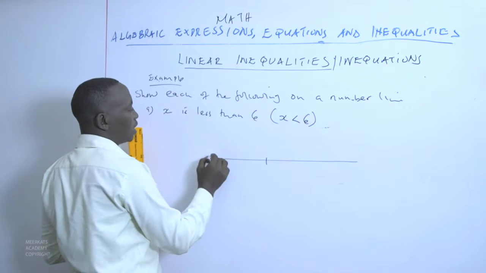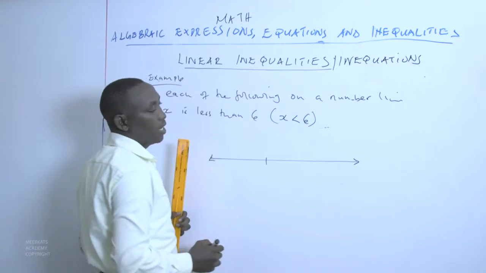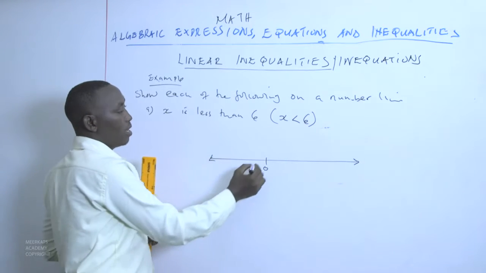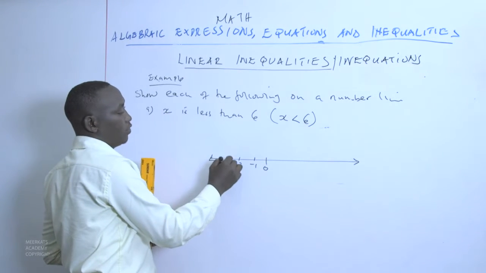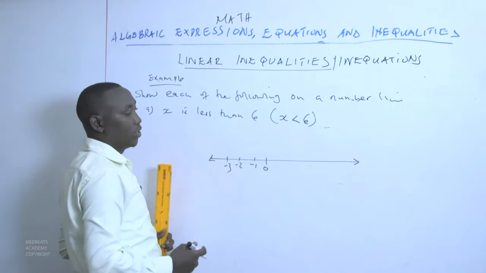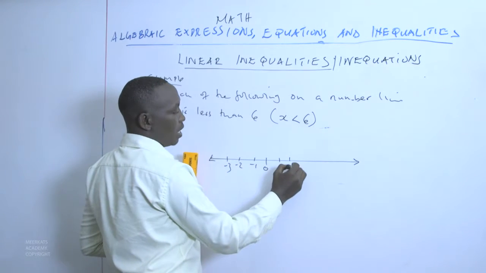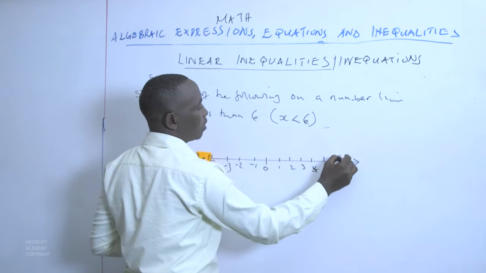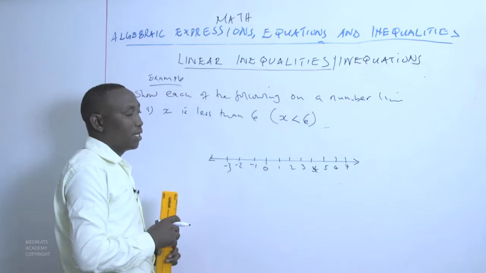Always remember that we must have both ends open. That means it's continuing. We have a 0 in the center, -1, -2, -3, negative numbers on the left hand side, and positive numbers